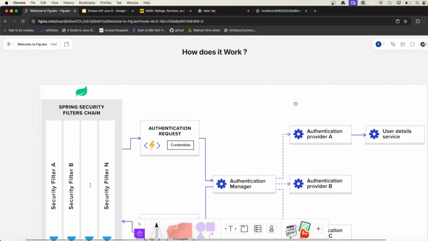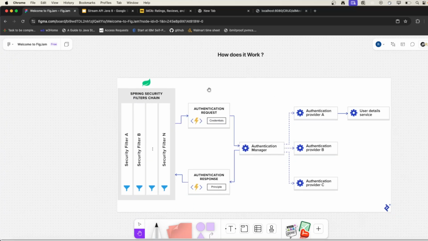Okay, so generally what happens is, your request goes into the Spring Security filter chain, and it passes through all the filters. There are n number of filters there, from the Spring side, and then your authentication request with credentials goes to the authentication manager, and the authentication manager has the implementation for a number of different